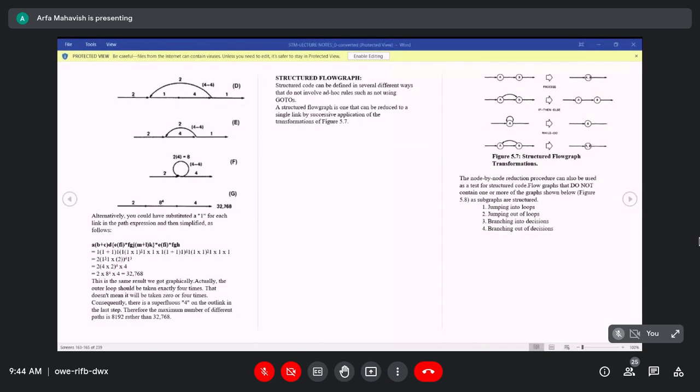Next we have the structural code. It is defined as a set which does not have any loops or any branches. Okay, a node by node procedure is used to test the structural code. So in this we go node by node. Okay, and if the path expression is very large or ugly, it is known as unstructured, and if it is simple, it is known as structured.